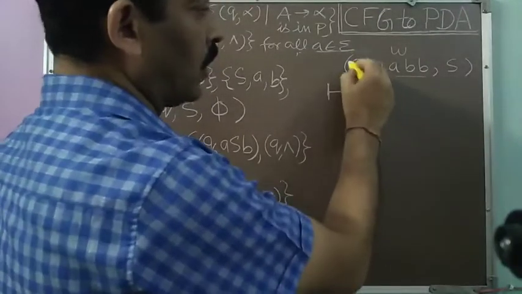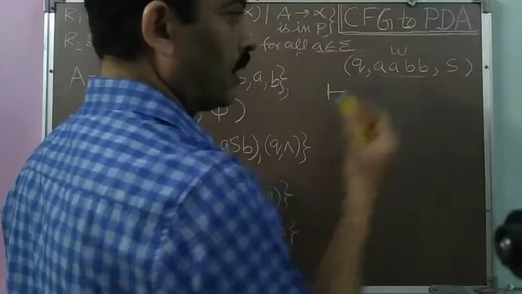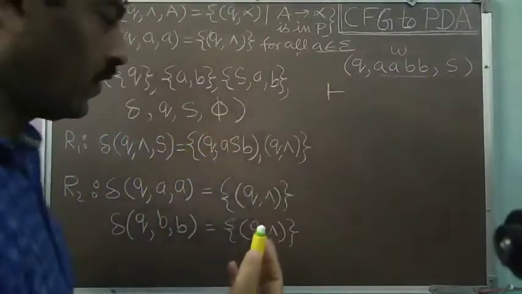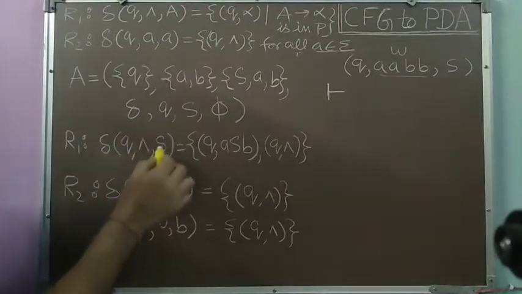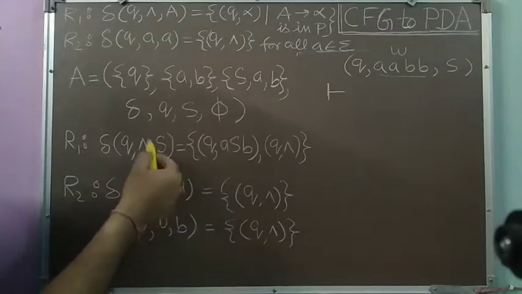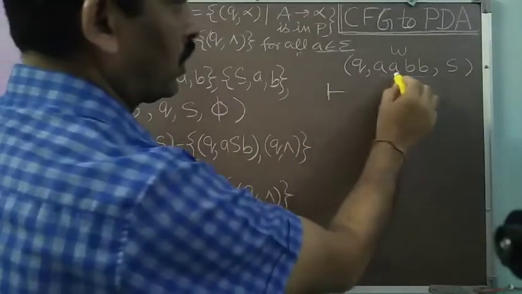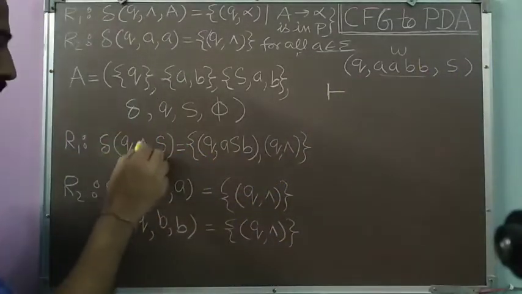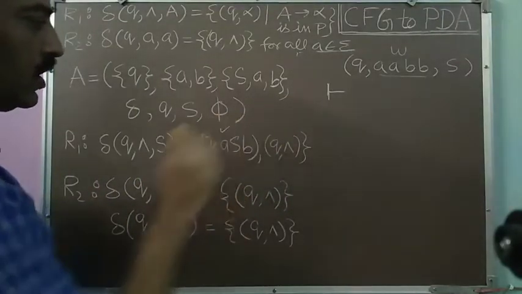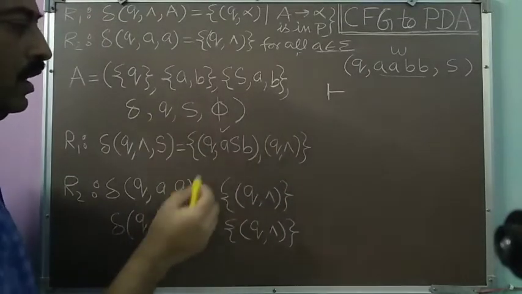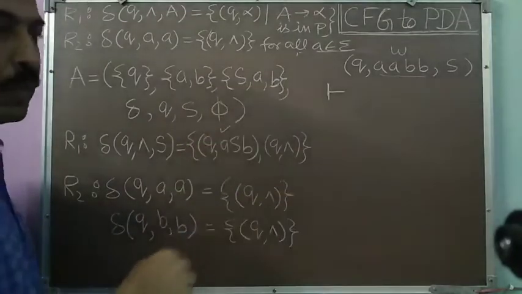How will we process it? We look at what state we are in and what the push down store symbol is. The topmost push down store symbol is S, which is a variable. When we have found a variable, out of these rules, which rule is applicable? Only the rule where the variable S is at the top of the push down store is applicable. No other rule is applicable. So we will apply this rule, and when we apply it, we will not take anything from the input. We will simply take a null move and use any of its productions. Suppose we take this production Q comma ASB, meaning we will remove this topmost symbol S and push ASB onto the push down store.